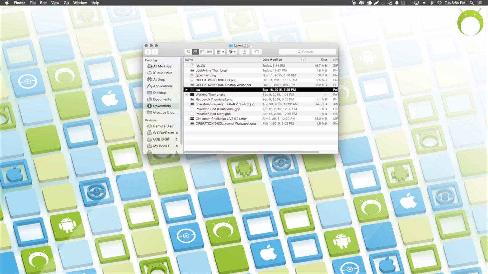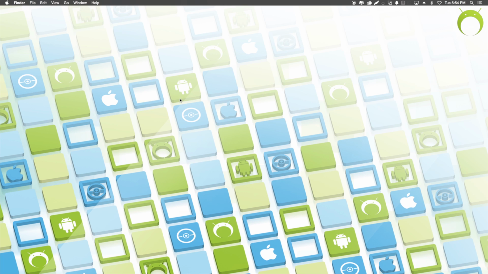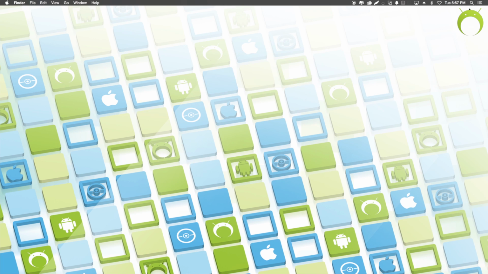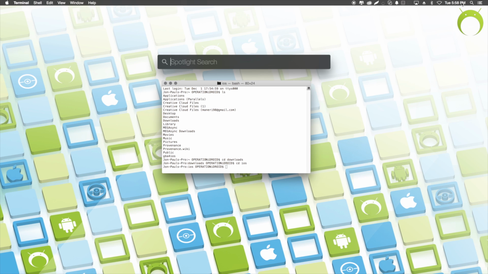Once we have this iOS folder, we are going to go into another application called Terminal. So go ahead and search in your Spotlight for Terminal, open Terminal, and type ls, and it's going to tell you where you are. Next, type cd Downloads, which will take you to your downloads. Then type cd iOS, which will take you to the iOS folder that is in your downloads. As you can see at the top of the terminal window, it shows the little folder iOS.